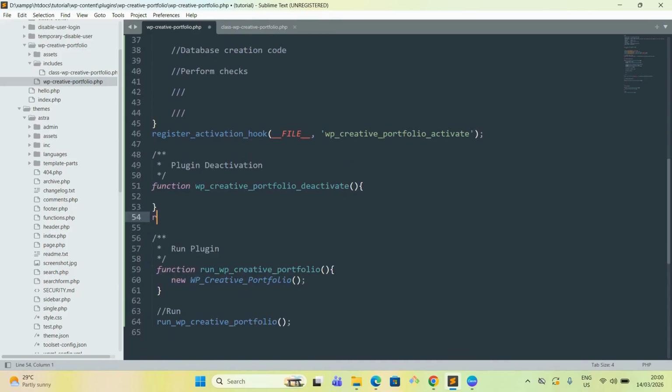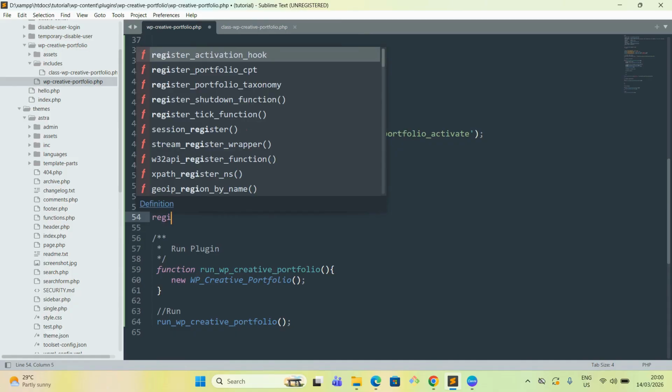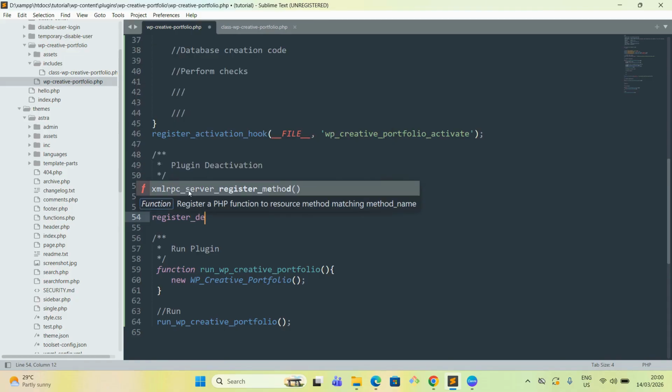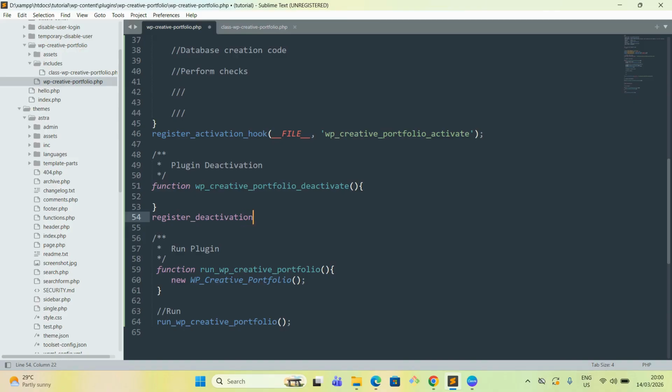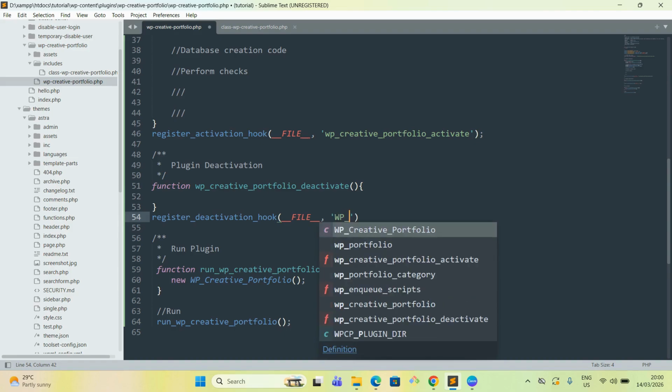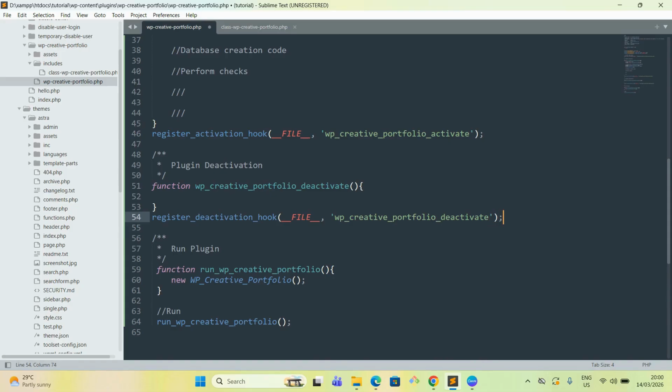In the very same fashion, we also have to bind our deactivation hook, because it works the same way as our activation hook. We can simply call it like this, and it is also present in the very same file, and we can provide its callback name, like this is our callback name. So that's all right. What we do in the deactivation depends, like if we want to delete our